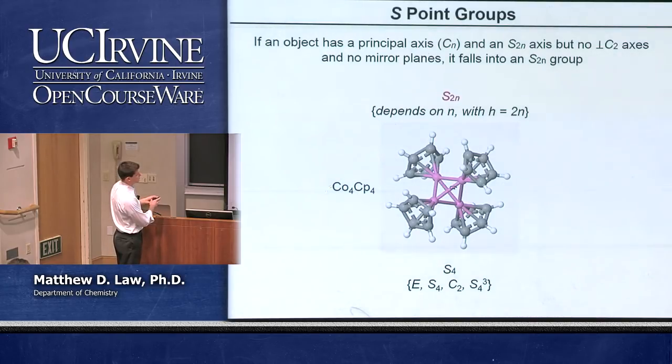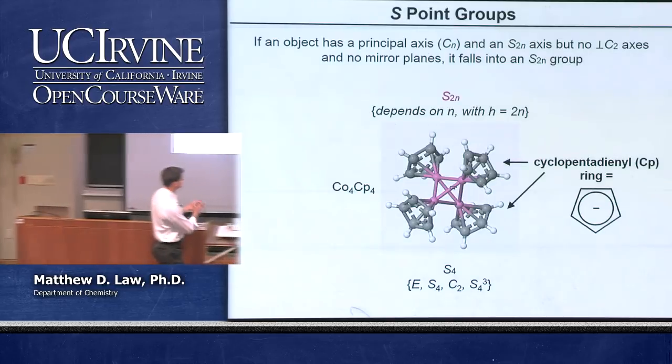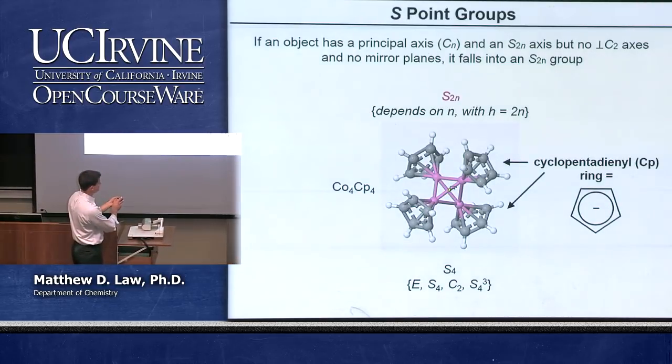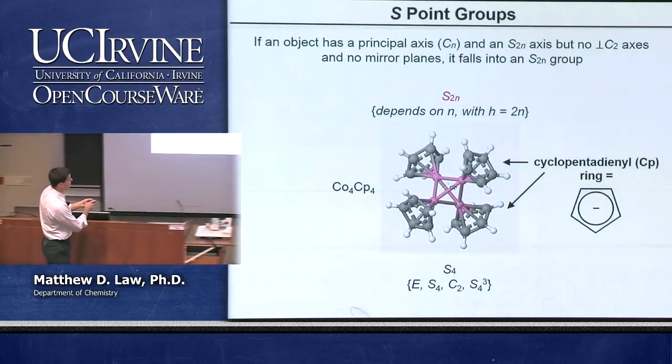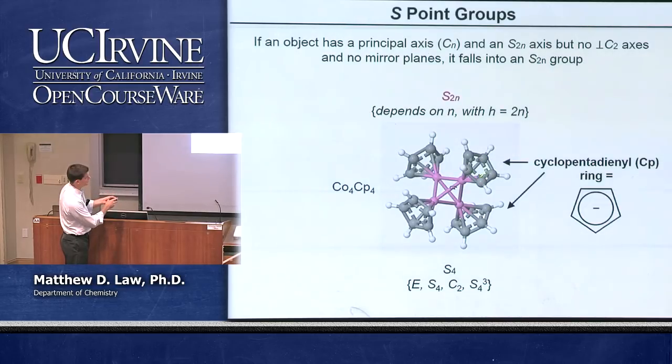This is tetracobalt, this is Cp, right, cyclopentadienyl. So there are 4 cyclopentadienyl rings and a cluster of 4 cobalts. Here's the cobalt 4 cluster here. Now this is kind of a difficult one to visualize, but there's a C2 axis coming out at you right there that goes right through the middle of those bonds. Okay. If you rotate 180 degrees around that, that drives this cyclopentadienyl around and puts it here with the same orientation. You can see this is slightly skewed, right, out of the plane. This is slightly skewed in the appropriate way.